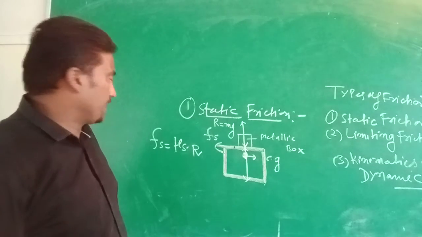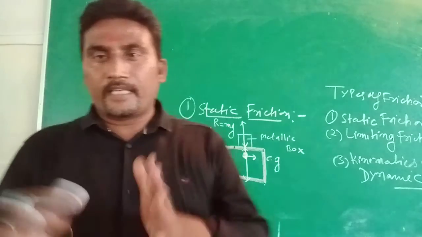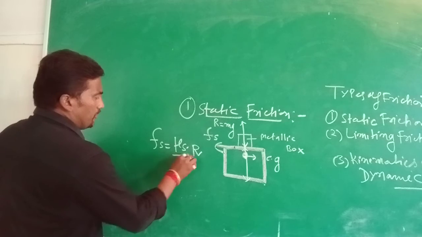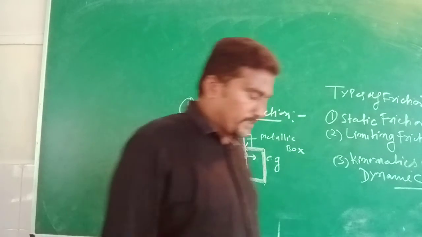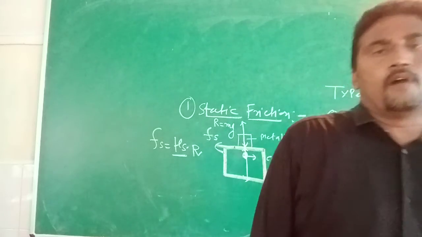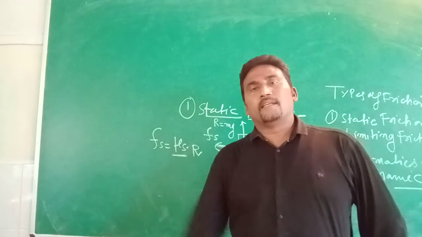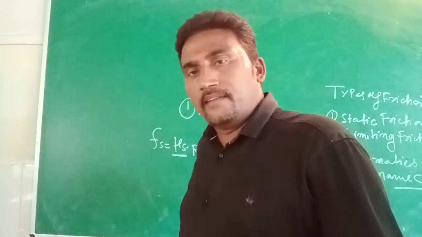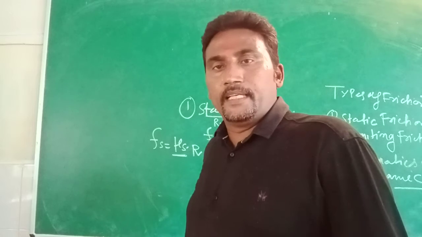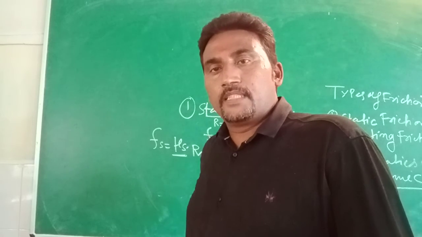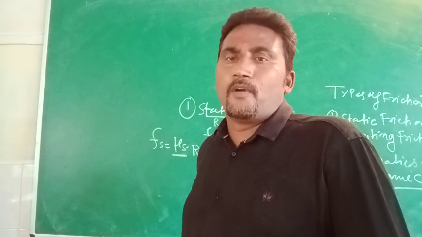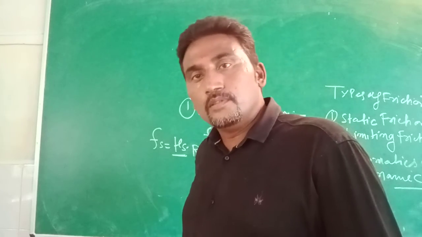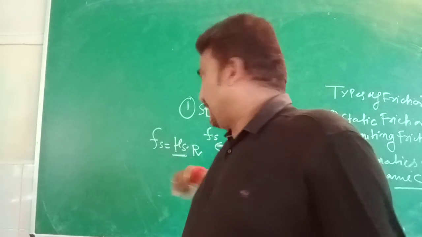The value of the static friction depends upon the contact of the two objects and the value of the coefficient of friction, denoted by mu s. What is the coefficient? It is the constant value of friction that will be applied in different cases, but in this term the object is in static motion and the friction behaves as static. The value of the coefficient of static friction also depends upon the nature of the substances the bodies in contact are made of. Now the other term is capital R.